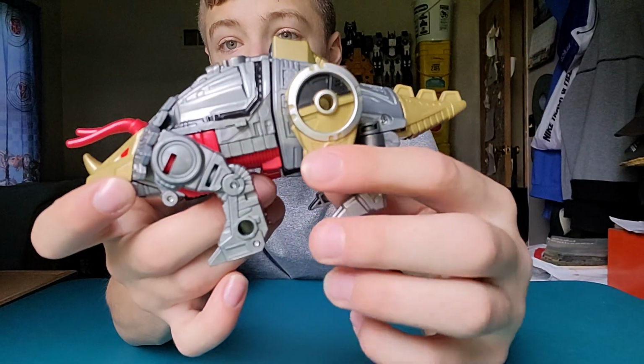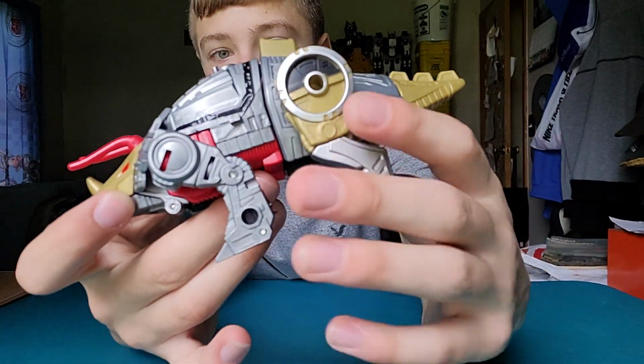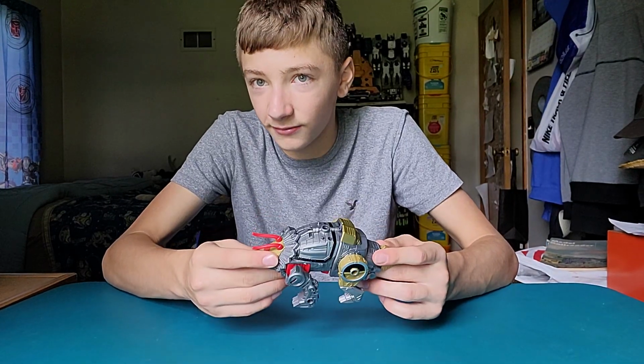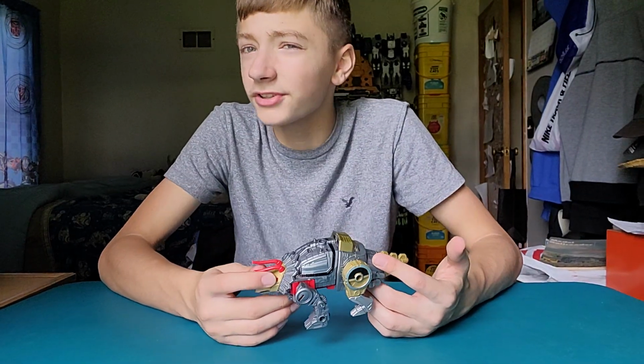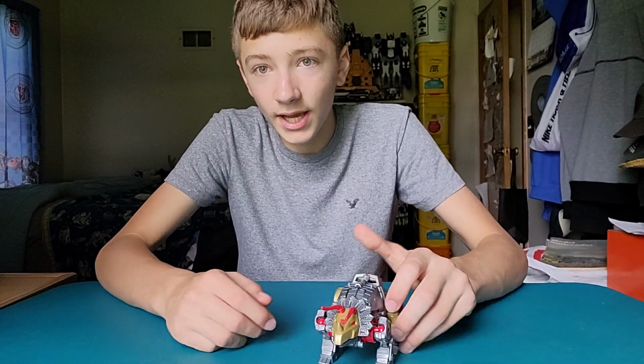Oh yeah, this whole silver section on both these legs is metal. And also, these guys in combined mode, by the way, are heavier than the freaking Devastator. They're about the same weight as Predaking, but they're heavier than Devastator, which is pretty funny. But yeah, he's a cute little